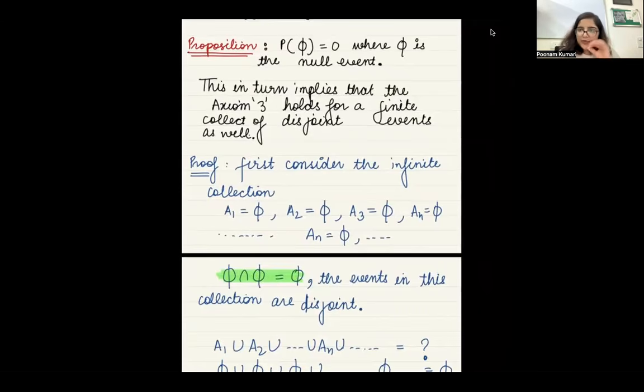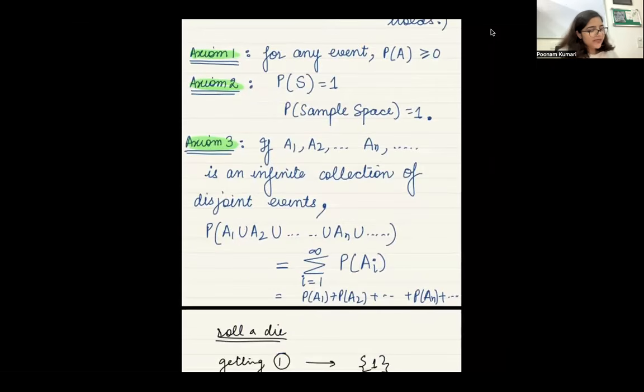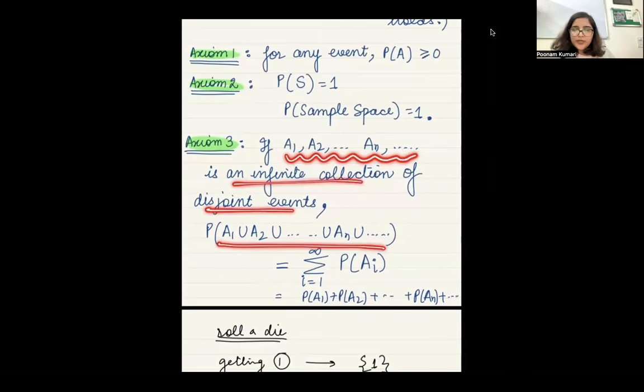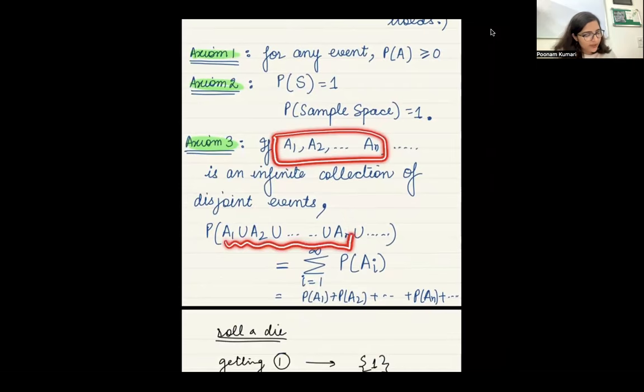We will prove it now. So what is the meaning of this statement? Here you were saying that if you have an infinite collection of disjoint events and you take their union, it's the sum of all these events going from 1 to infinity. So the statement we wrote there means that if it is valid for a finite collection, let's say I have n events and they are disjoint, then the probability of their union will be the sum of the probabilities of those events.